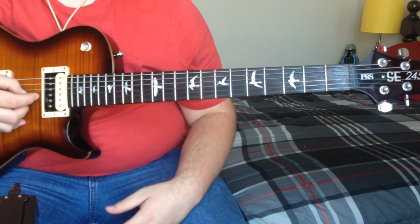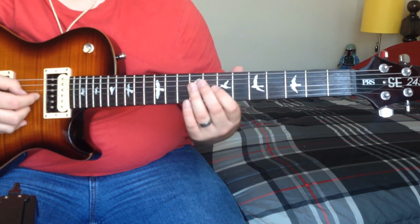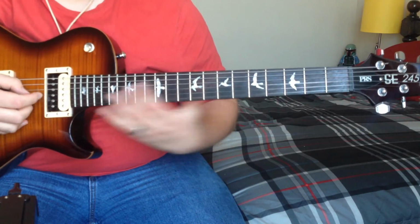And the scale with that, I'm going to play through it a couple times so you can hear it. Just practice this scale. Just watch my hands. I'm not going to go through every note, but...